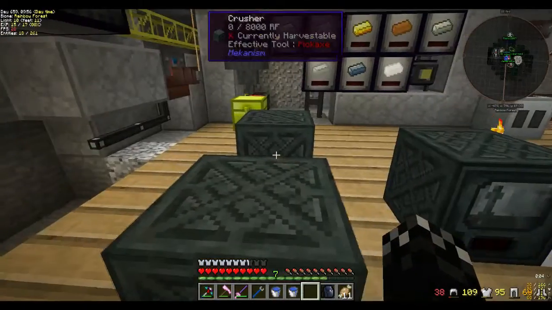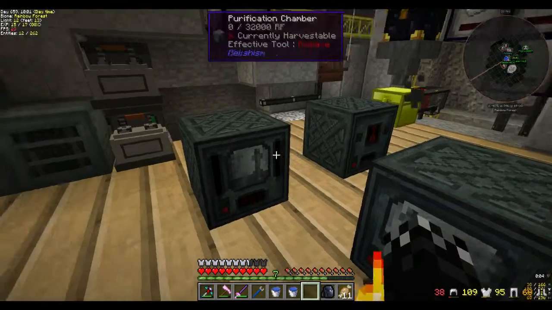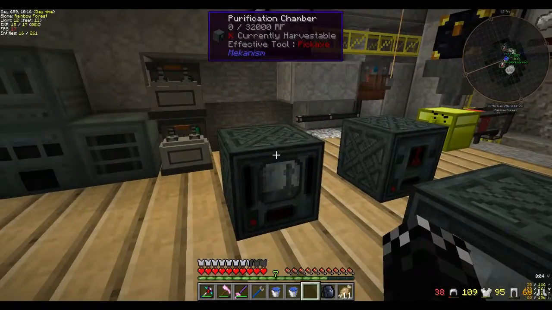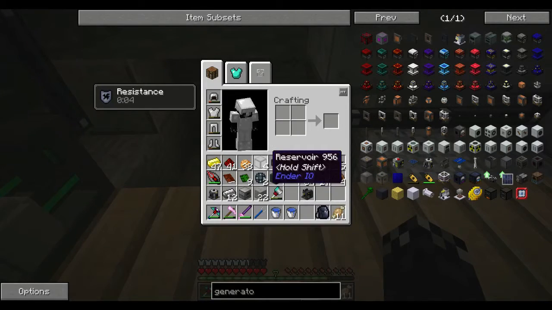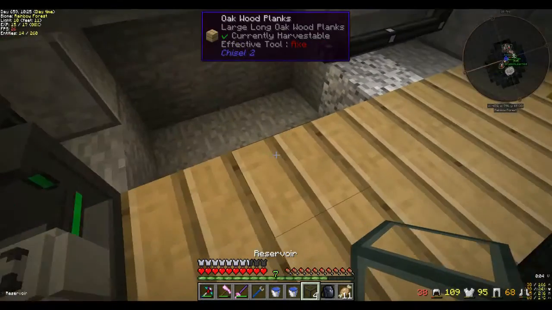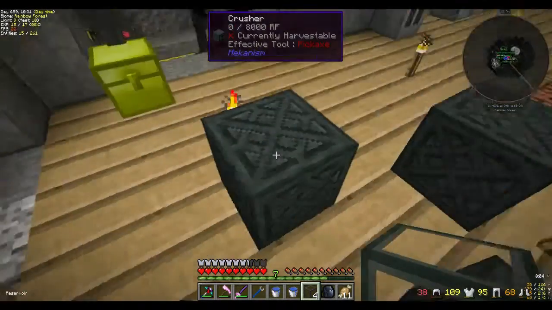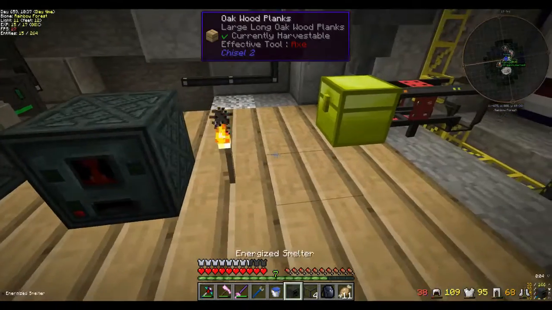So first thing I'm going to do is, the way the purification chamber works is it requires a gas, which is generally oxygen. You can use flint, I believe, as well, but what we're going to do is set up the separator to turn water into oxygen and hydrogen. The way we're going to do that is, my idea is to put the smelter